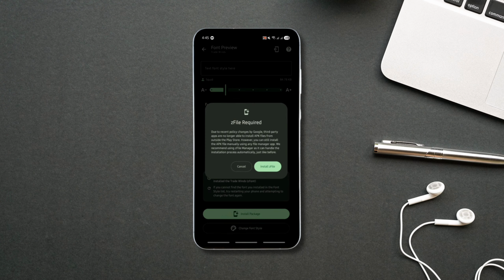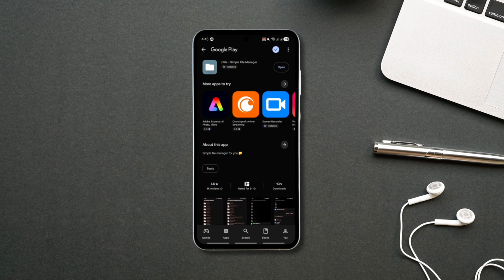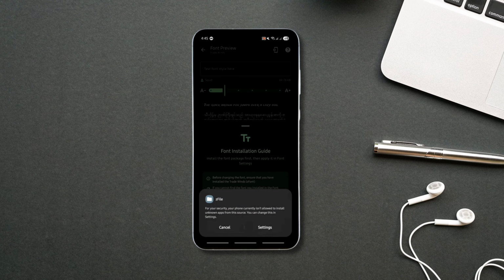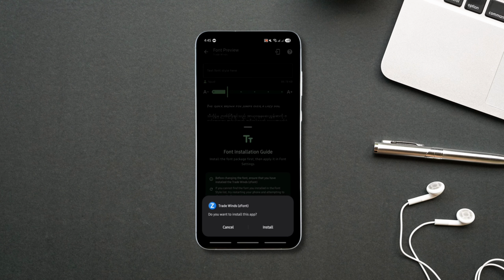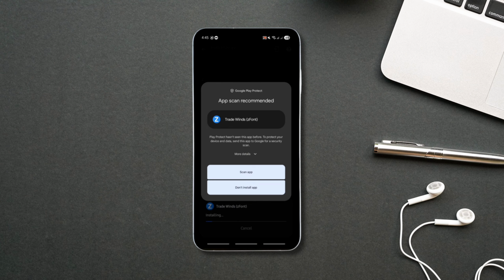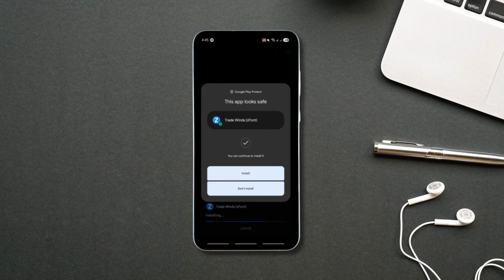At this point, the app may ask you to install another app called Z File Manager. Simply tap Install, download it from the Play Store, and then open it. Allow storage permissions, then use it to install the font APK file. If you see a Google Play Protect warning, just tap Scan or continue with the installation and finish installing the